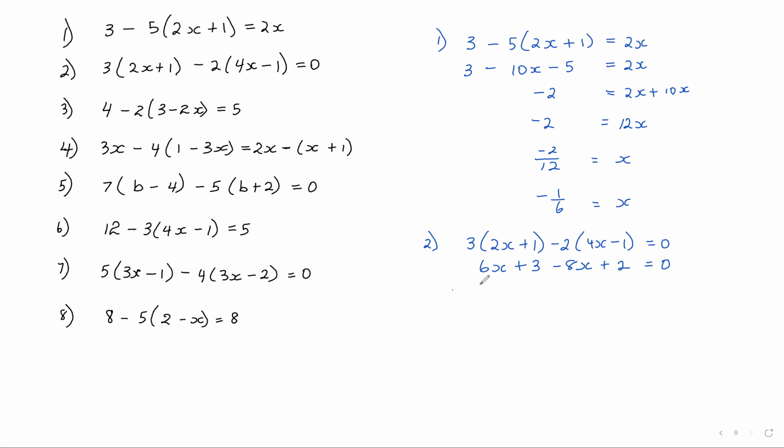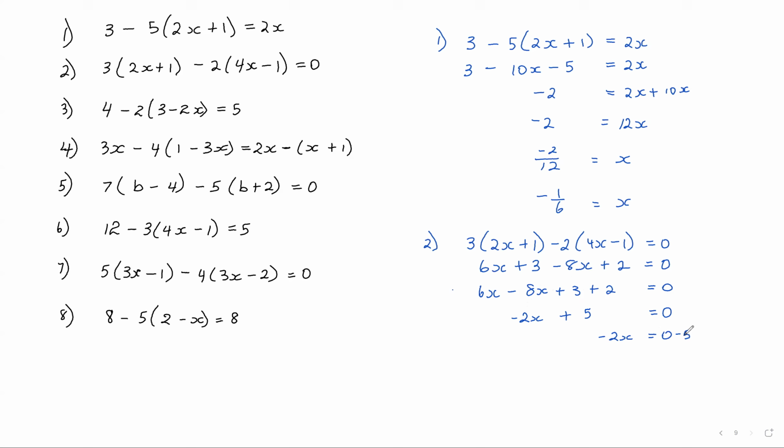So here it'll be 6x. I'm just writing the like terms together. So it'll be 6x take away 8x, and then 3 plus 2. And all of that is equal to 0. 6x take away 8x is negative 2x, and 3 plus 2 is 5. So all of this is equal to 0. So therefore, negative 2x is equal to 0